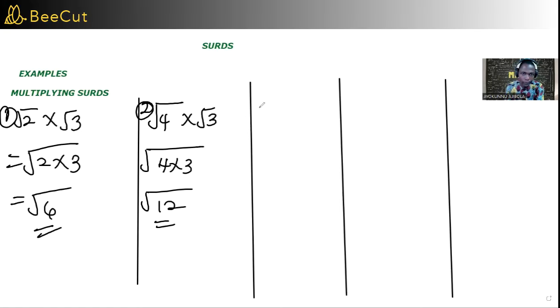Then the next number 3, we have root 6 and root 18. Root 6 times root 18, now. Root 6 and root 3. 6 root 3. Now looking at this,